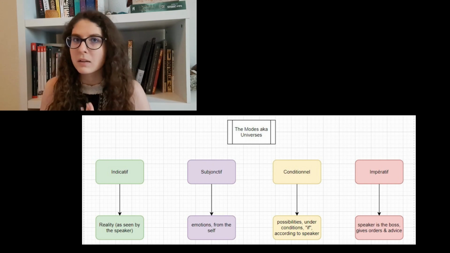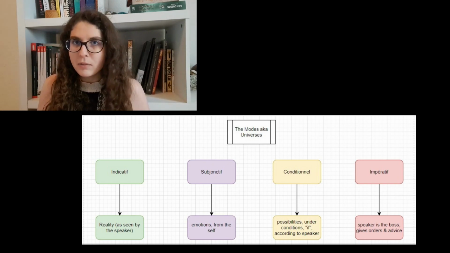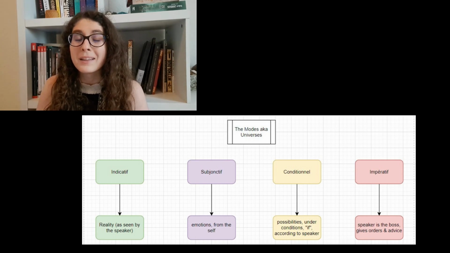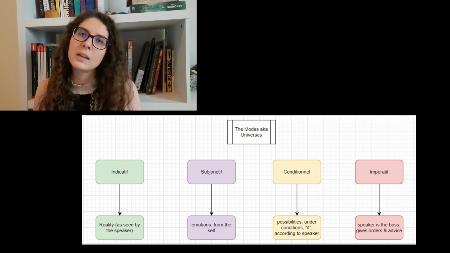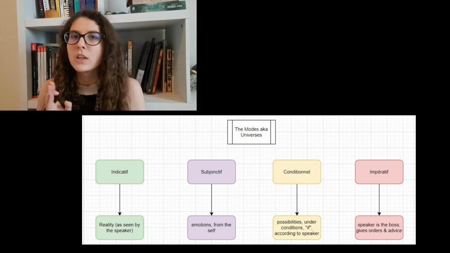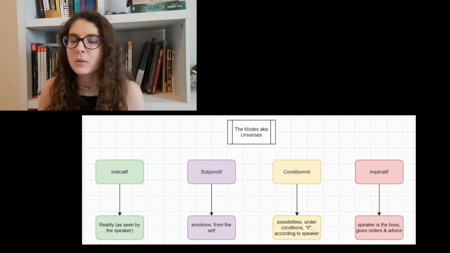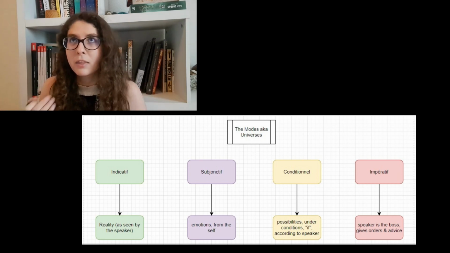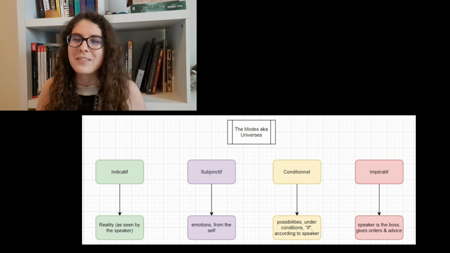So let's say I'm making a sentence, okay? If I believe something to be true, even though it's like completely false, I'm still gonna use indicative. And I said infinitive earlier, I believe, so sorry about that. It's indicative. So if I believe something is true, I'm gonna use indicative. If I know something is wrong, but I want you to believe it's true, I'm gonna use indicative. And so on. Also, if I want to be manipulative and I want you to think that I think something is true, like, you can go a very long way.